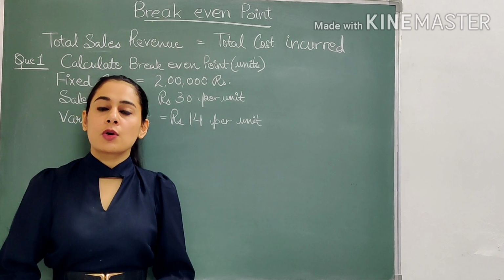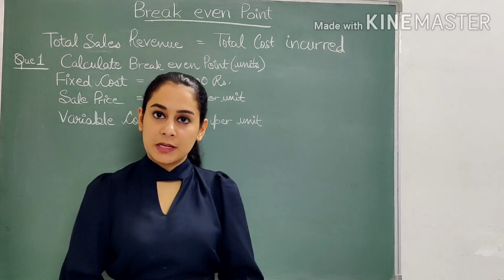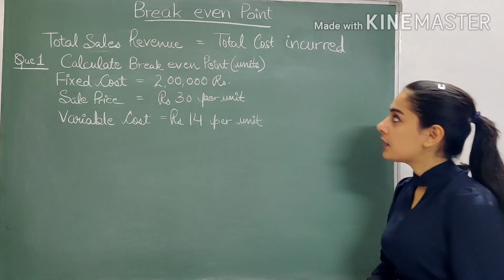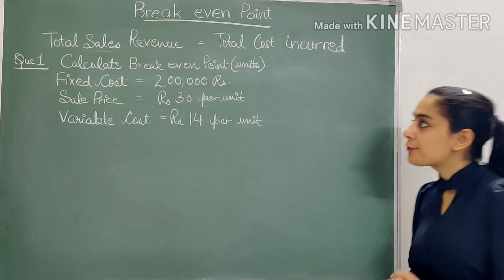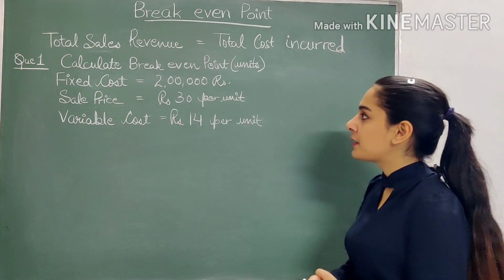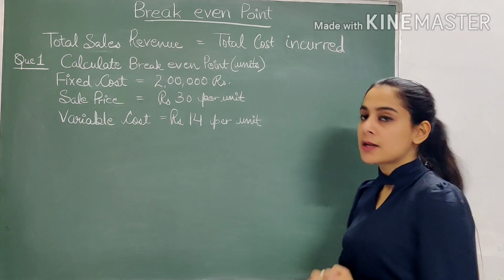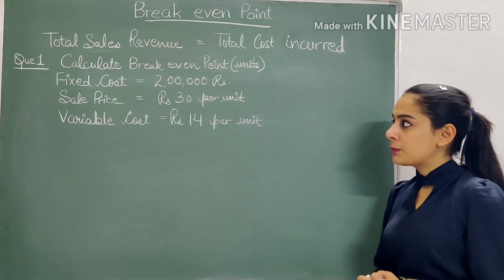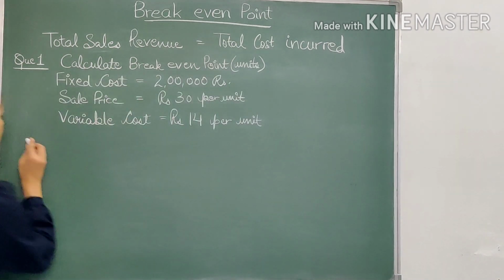So let's try to solve one practical problem for break-even point. The question is: calculate break-even point in units where fixed cost is 2 lakh rupees, sales price is 30 per unit, and variable cost is rupees 14 per unit. So for the solution,